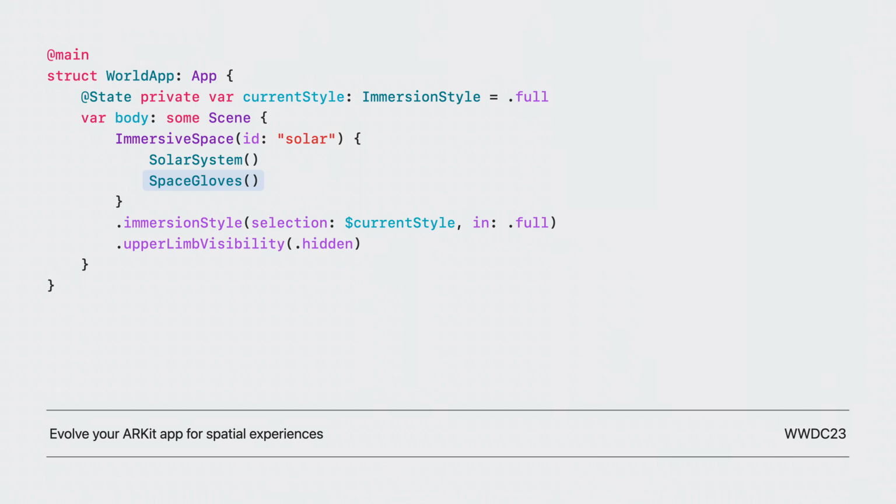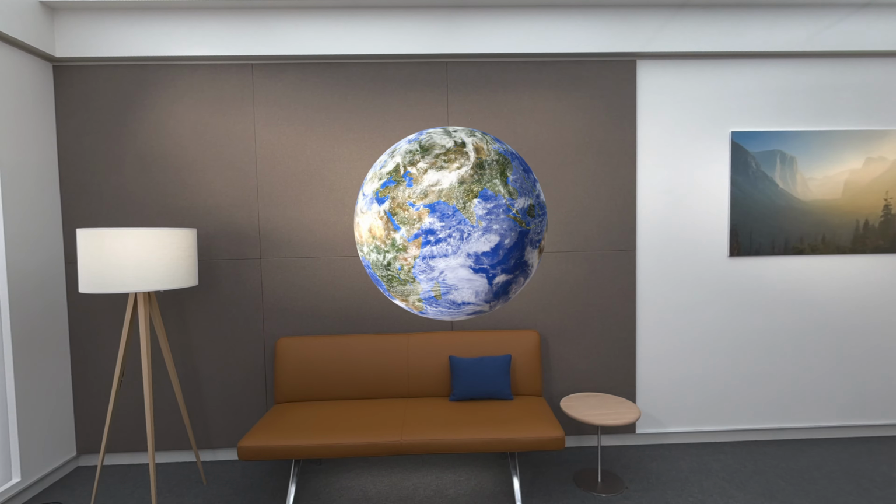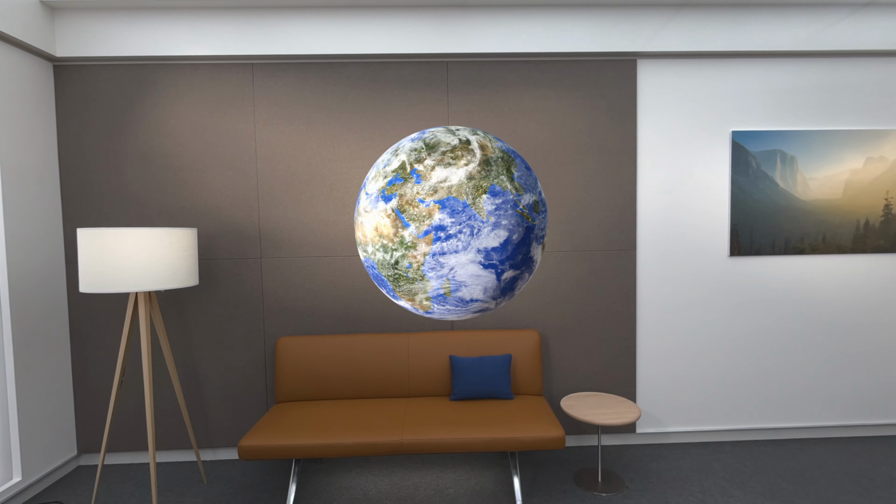Now let's try these customizations out on device. The world experience starts again, and the space will reopen in the default immersion style. By using the magnify gesture on the Earth, the app will transition into the progressive style. When the space opens, the code will have modified the surroundings to be dark. You made yourself feel even more immersed by utilizing the Surrounding Effects API to dim the pass-through. It was easy to apply, and it's a great way to focus on the experience.